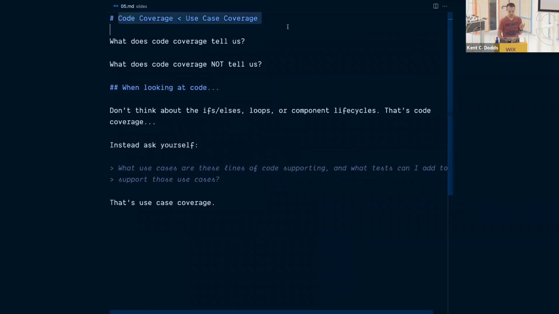Because it's more important to think about the use cases than the code, our code coverage, as great as it is, is not as good as use case coverage. The problem is there's no quantifiable metric for use case coverage. There's no way to measure that. There's a phrase, what gets measured is what gets prioritized. Because code coverage is what we can measure, that's what we prioritize, but we really should be thinking about use cases